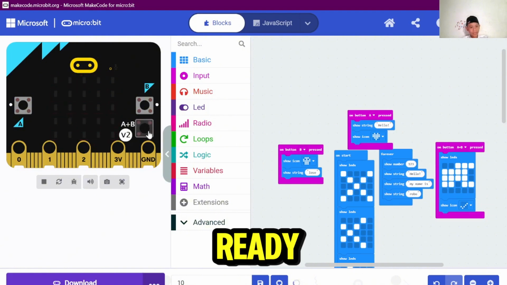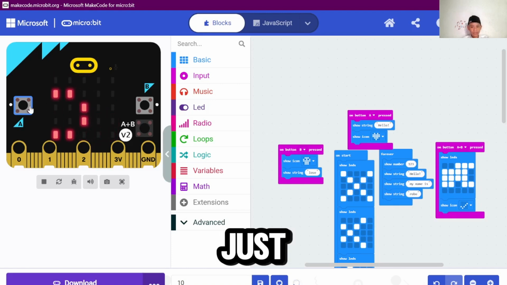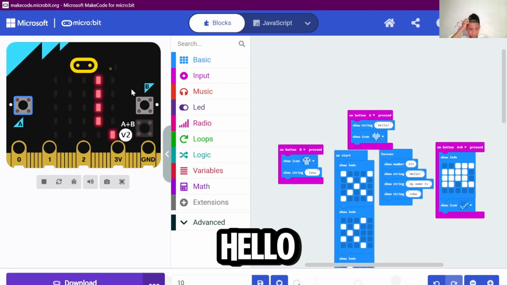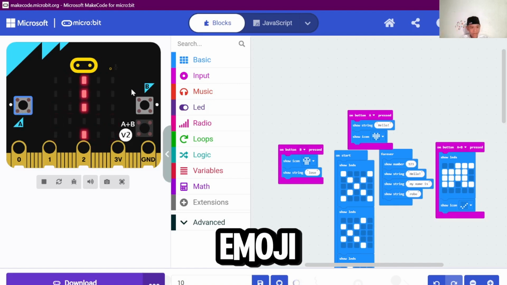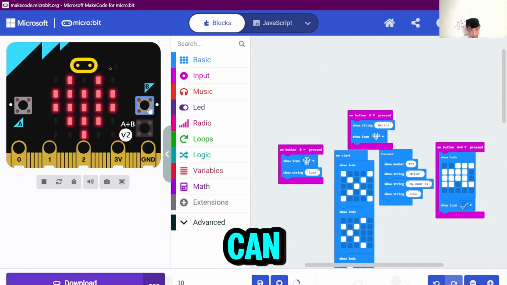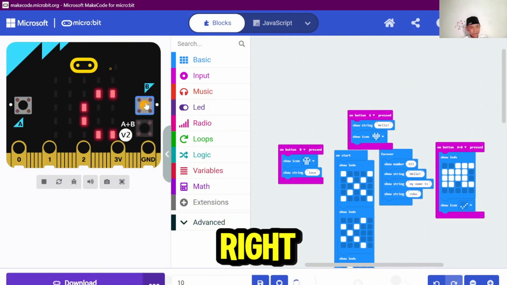Okay, ready now. Let's try the A. Just press button A. Letter E, hello. After that, it gives an emoji. Wait, where can? Yes, ready. Now B. Try.